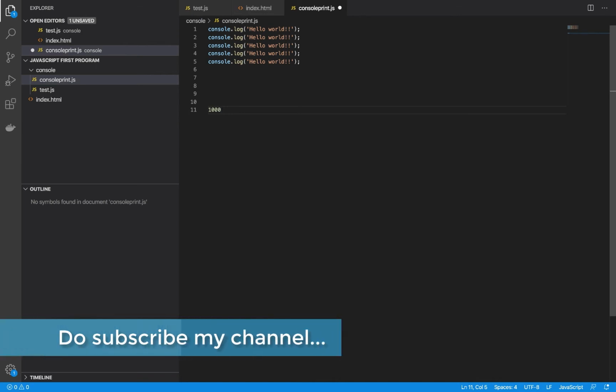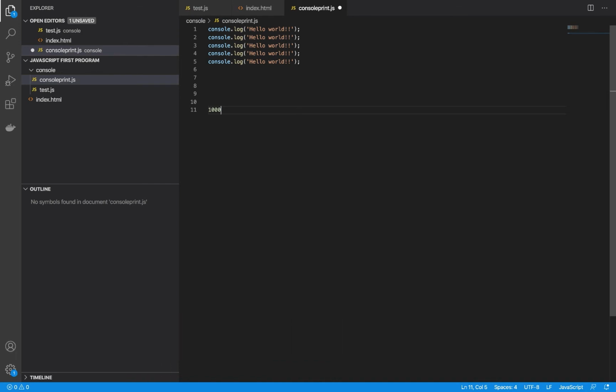We have many types of loops in JavaScript, like in other languages: for loop, while loop, and do while loop. We'll not talk about the while loop and do while loop in this video. We'll talk about the for loop only. So I think now it is clear why we need a for loop or a loop statement in any language, not just JavaScript. Let's start with how to write a for loop.